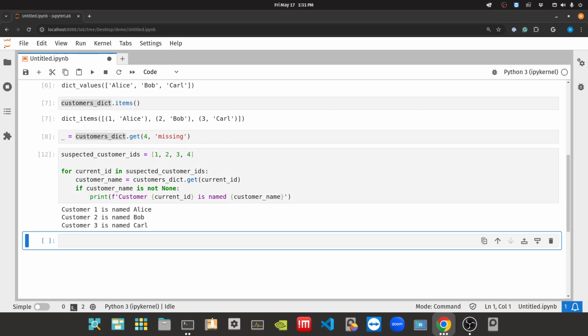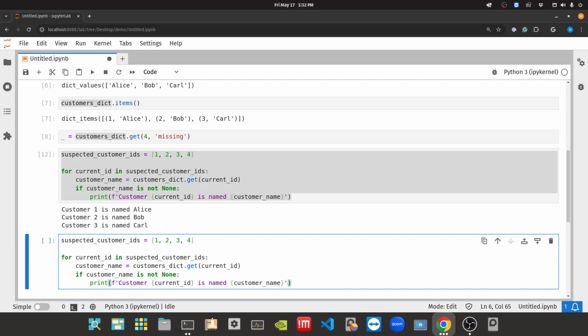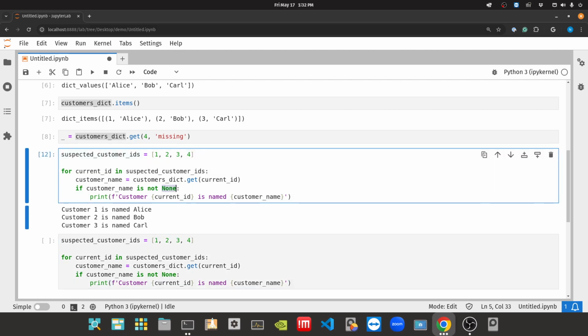All right, so in this case, we've used a little bit of flow control. We've got these suspected customer IDs. We check our dictionary. If it's not found, it returns None. And then we're checking right here to say, is it not None? Okay. Another way that we could have done this is, instead of looking at the suspected customer IDs, we could have just iterated straight through those keys. So I'm going to leave that right there. So that was really showing how we could use the get and we could check against is not None and